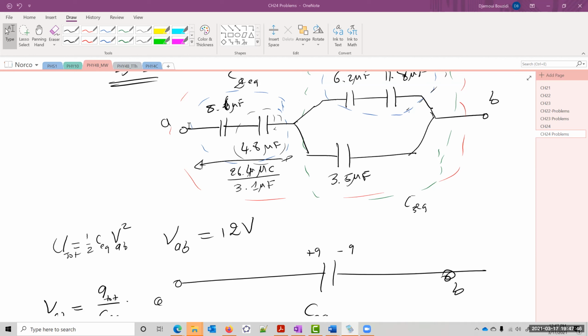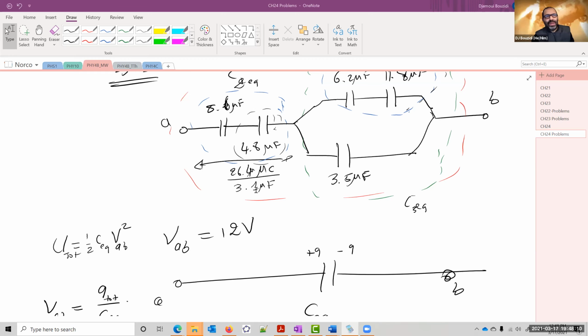No. It has to be less, because think that you have a battery that provides the maximum 12 volts. So how could you end up with something more than 12 volt in here? There must be another battery somewhere else. So if the voltage from A to B is 12 volt, this better be less than that. It cannot be more than 12 volts. So whatever it is, it's less. Let's find exactly how much it is.